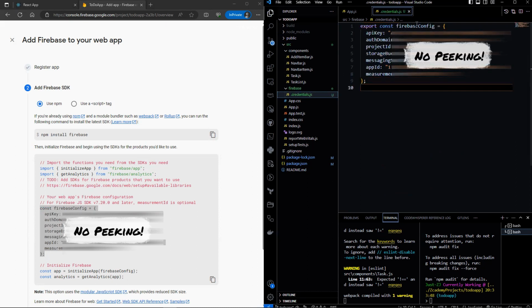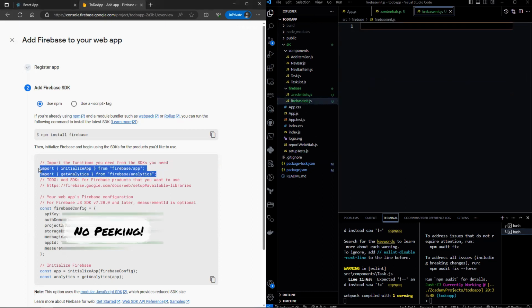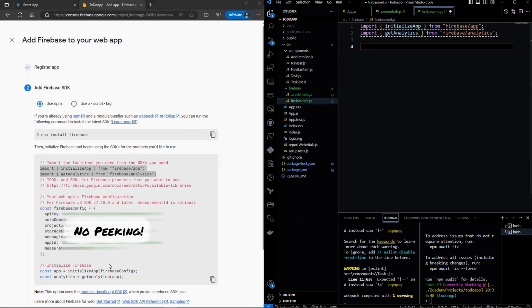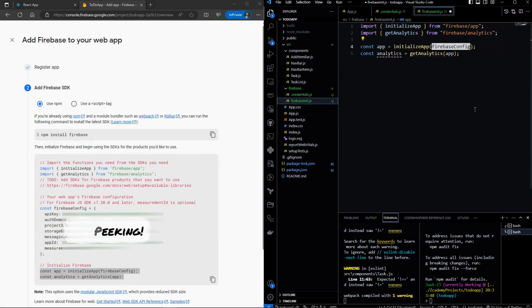Let's also export it so that we can import it again later. Let's create another file called Firebase init. In this file, let's copy over the import statements and the initialization steps. For this Firebase config, we would import the one we have in .credentials.